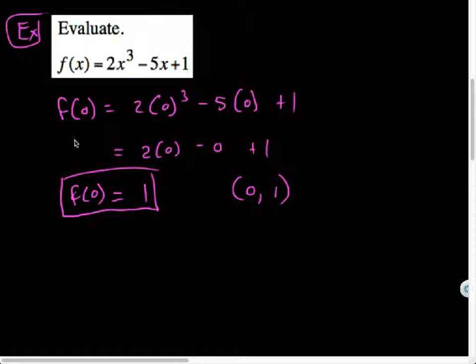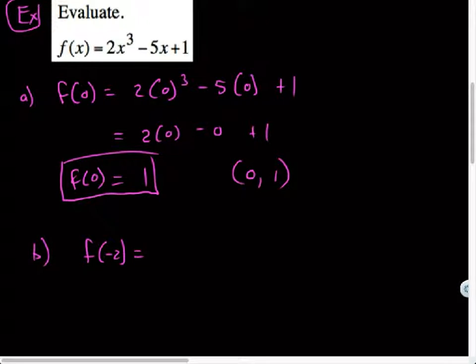All right, so there's f of 0. We'll call that part A of the example. Let's try a part B here. Let's calculate what f of negative 2 would have been. So what does f of negative 2 mean? It just means I'm going to go through, plug in negative 2 everywhere I saw an x. Which would give you